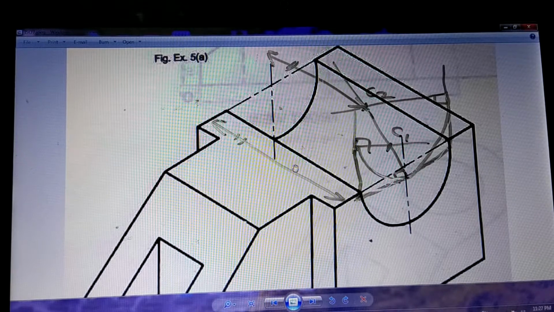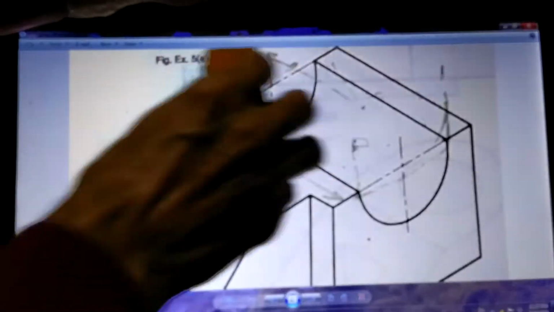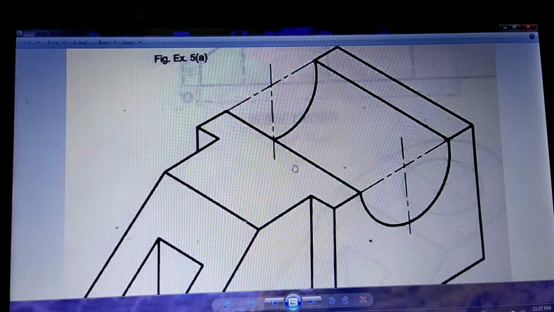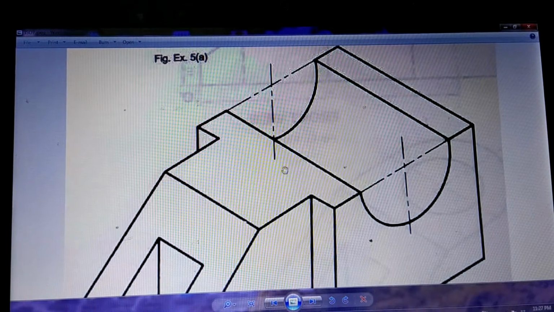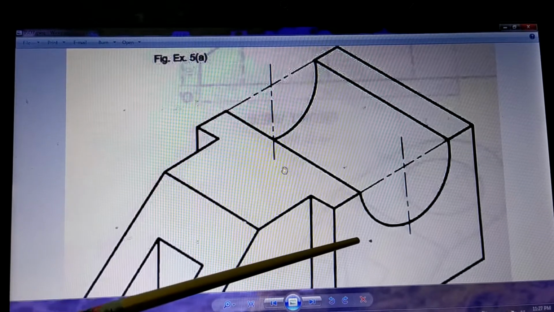So now this becomes the final figure, which you can have a look at. I'll just erase the construction. Now you don't have to erase the construction. When you draw this figure, the construction that I have just now shown you, similar construction you will also make, and that construction you have to retain. You don't have to erase.